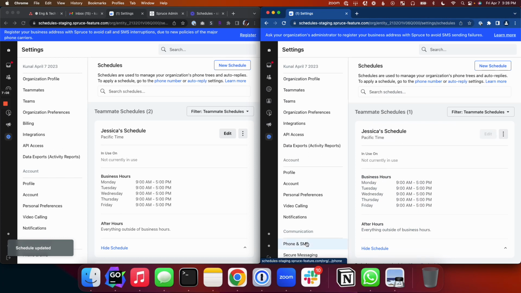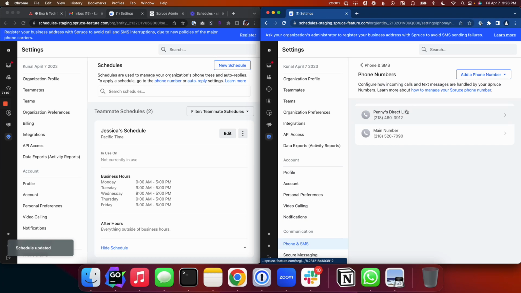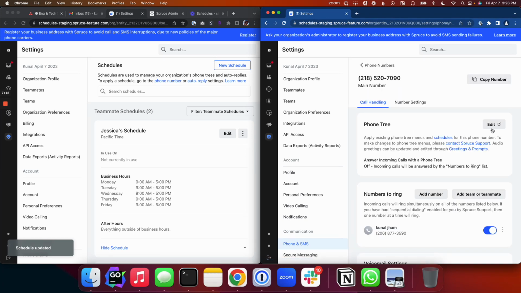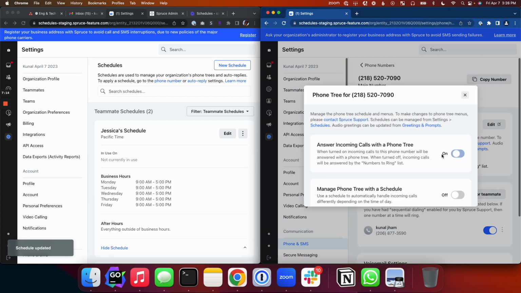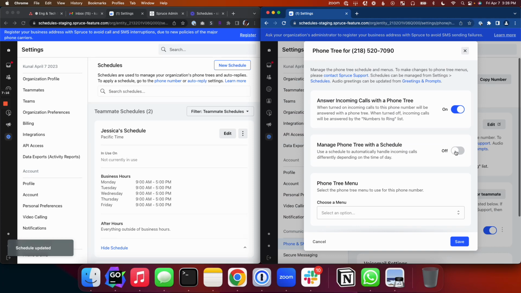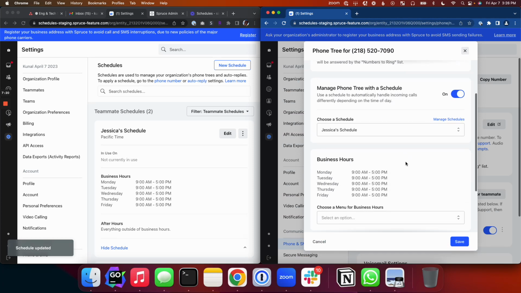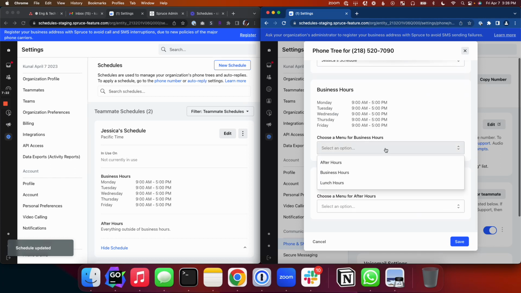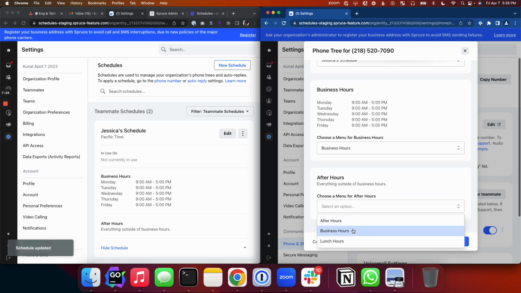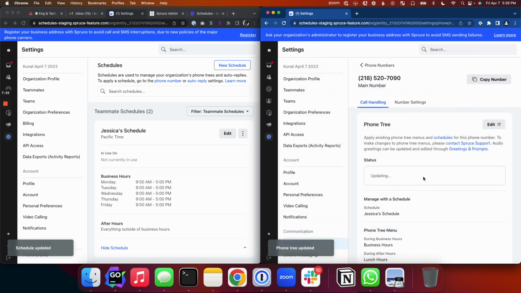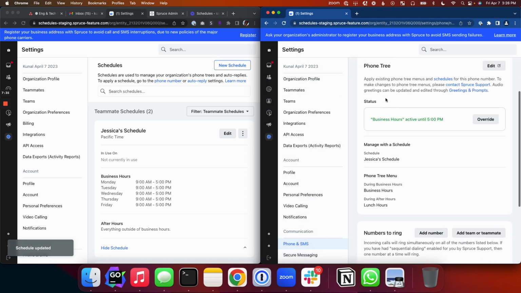But here's what's interesting, Penny can use the schedule anywhere they want. So I could press, you know what, yeah, I have this phone number, I want to answer incoming calls with the phone tree, I want to manage this phone tree with the schedule. I can choose Jessica's schedule to manage a phone number that I have access to. And this is just to give you flexibility to use our schedules across the organization, even if you cannot edit them. So I'm going to go ahead and press save,